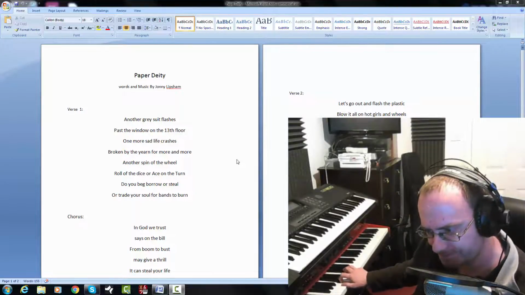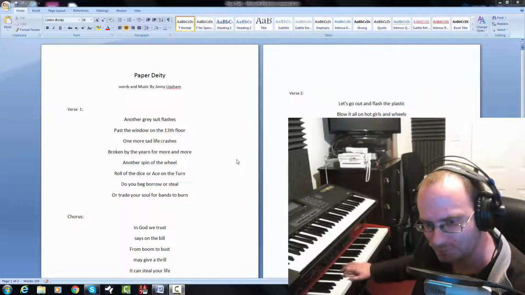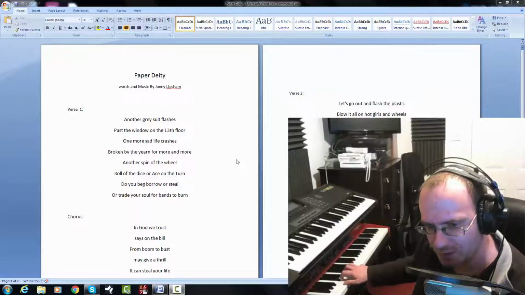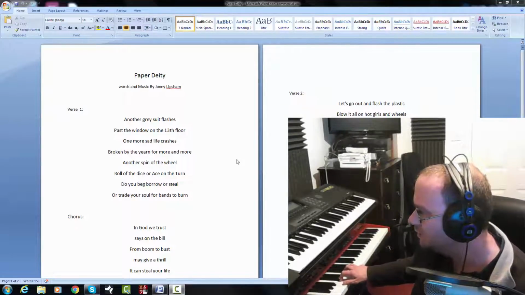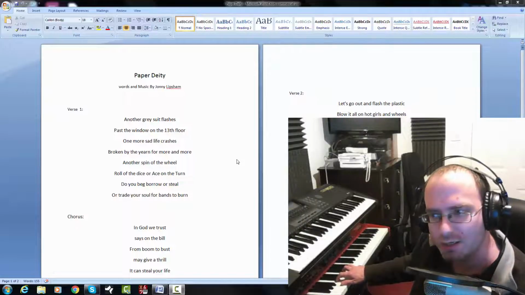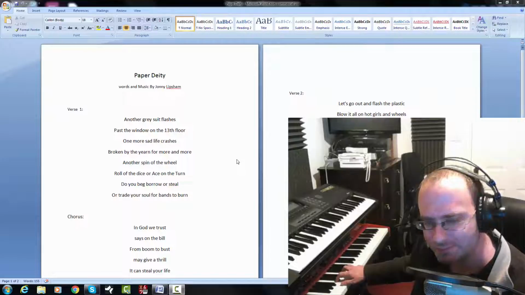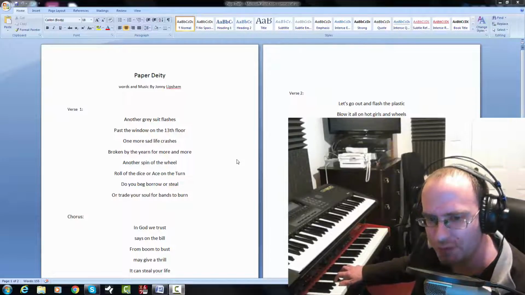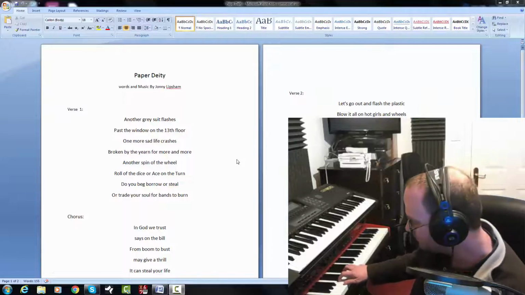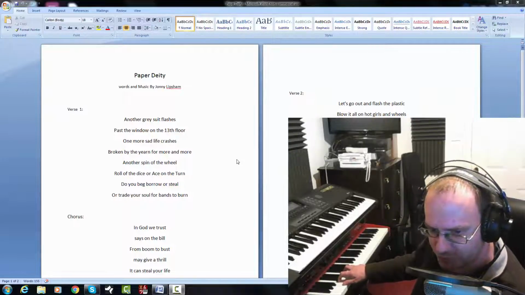So once we'd got past those 4 bars, doing this twice, I thought that's all well and good, but I need to take this somewhere. So the next 4 bars are a little bit interesting. I can't really explain why it goes in this direction, but it just does. It just sounded good to me. So after these 4 bars,